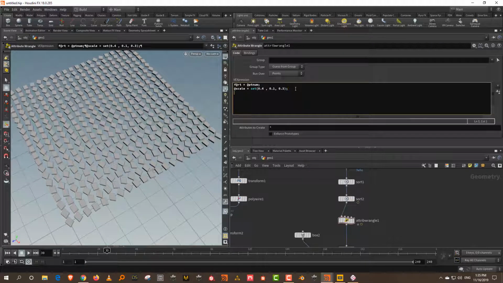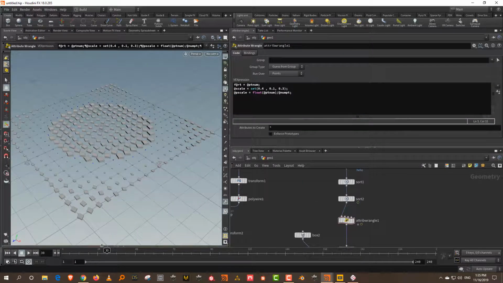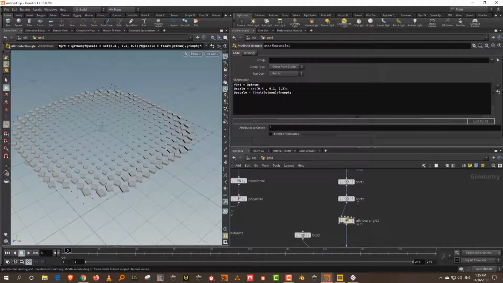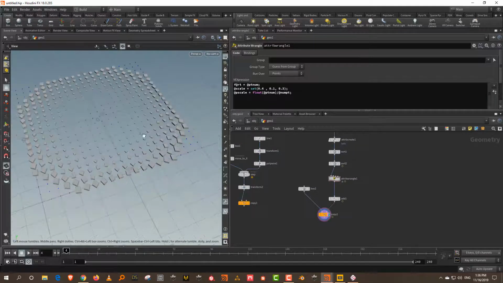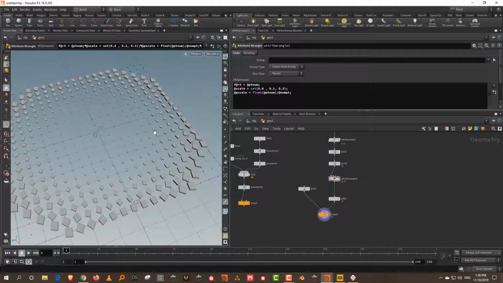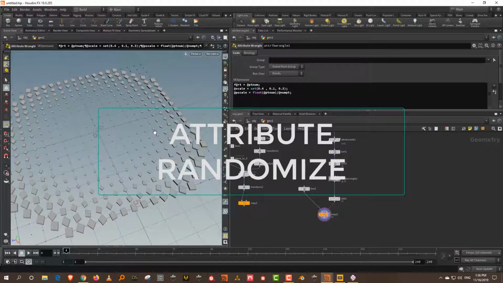Okay, so where P scale was doing it for the whole thing, this is essentially you're just doing it for individual axis. Now, we have been seeing how to modify points and how to randomize scaling values and stuff like that. So what Houdini does, because this is something that you will do a lot, because if you're trying to do an environment, you want to randomize the scale and rotation of the trees or the grass or whatever. This is stuff that you'll do a fair bit of times. So Houdini gives you a couple of ways by which you can just randomize these particular attributes.